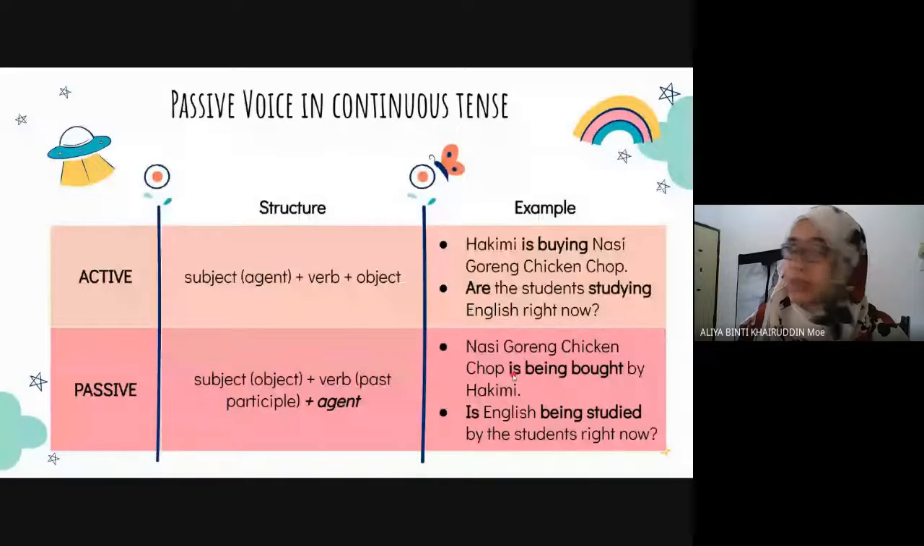Just some extra thing. If it is a question, this one is passive, is being what, right? So passive in continuous tense. But if it is a question, you put the verb to be in front. So is English being studied by the students right now? So if it is a question, in between the verb, you put the object in the middle. In active form, the subject is put in the middle, and then comes